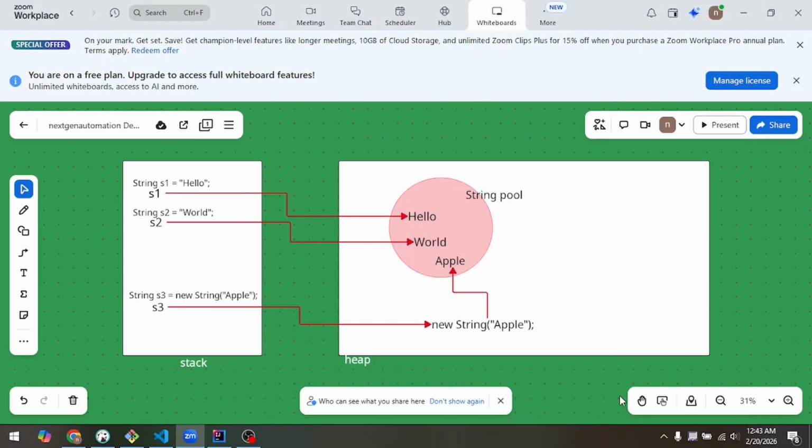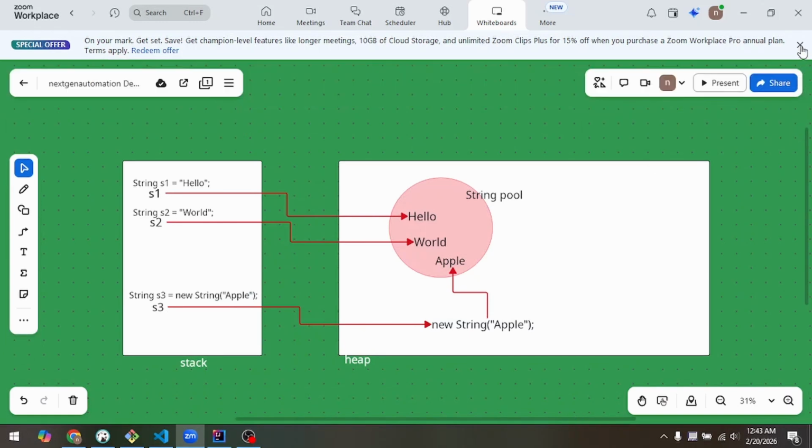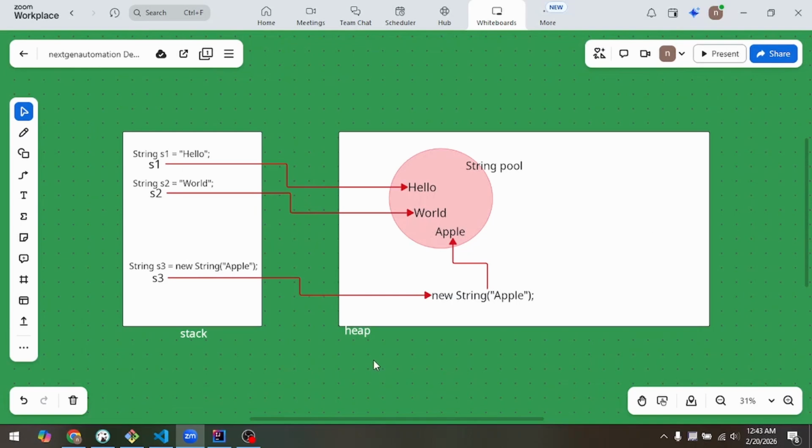Hi all. So in this video, we will discuss strings, Java strings, right? Java string is a separate topic when we talk about Java. A string is a very important part of Java. So how does the string work? In the previous video, I also mentioned that string is not a primitive data type, it's a non-primitive predefined data